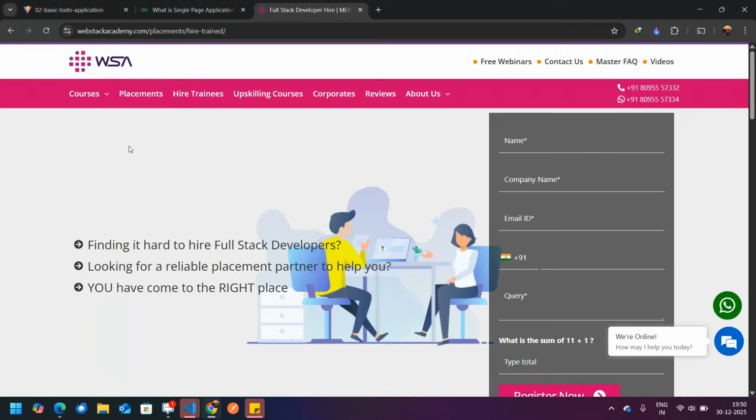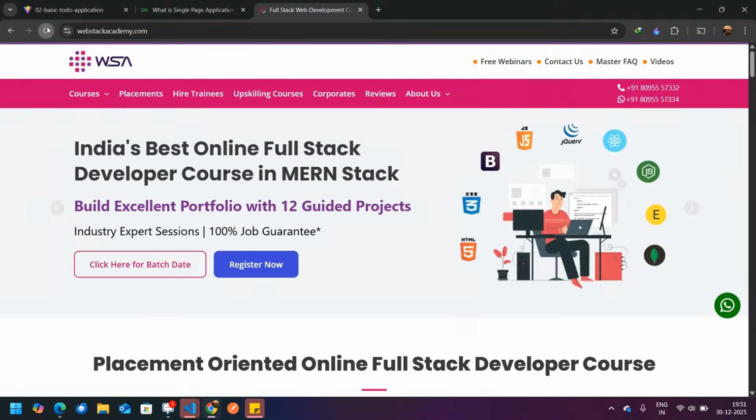Suppose this whole page is an SPA page. What happens now? When you first load the website, one HTML, CSS, and JavaScript has been loaded over here.